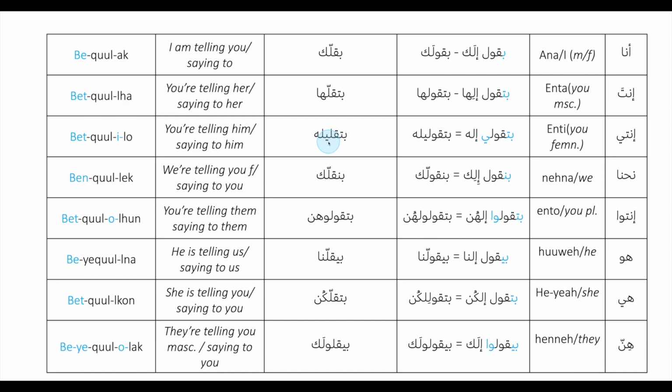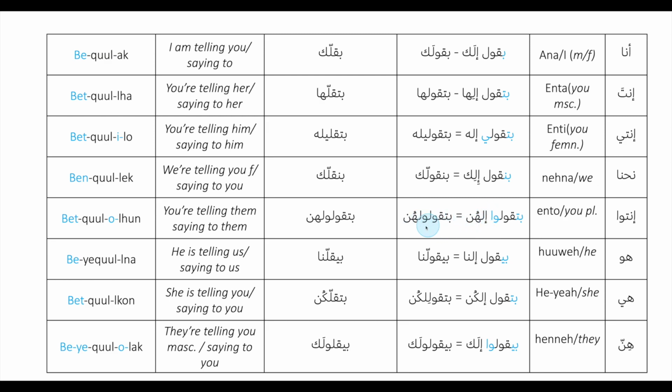You are telling him. Okay, we are telling you feminine: بنقول إلك. And it ended up بنقول لك. However, in dialect, people tend to soften it, so the final version would be بنقلك. We are telling you feminine. Okay, and with you group of people, بتقولوا إلهن, and after jumping over the alif, it becomes بتقولوا لهن,